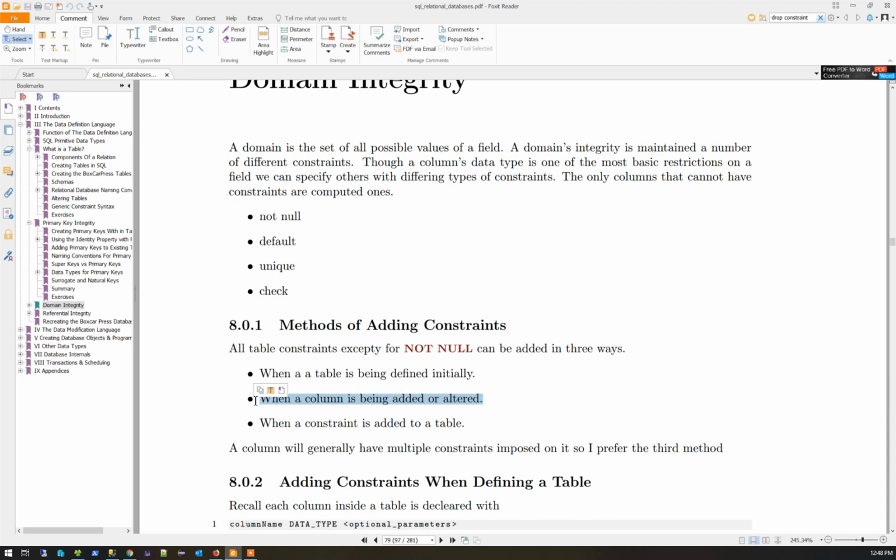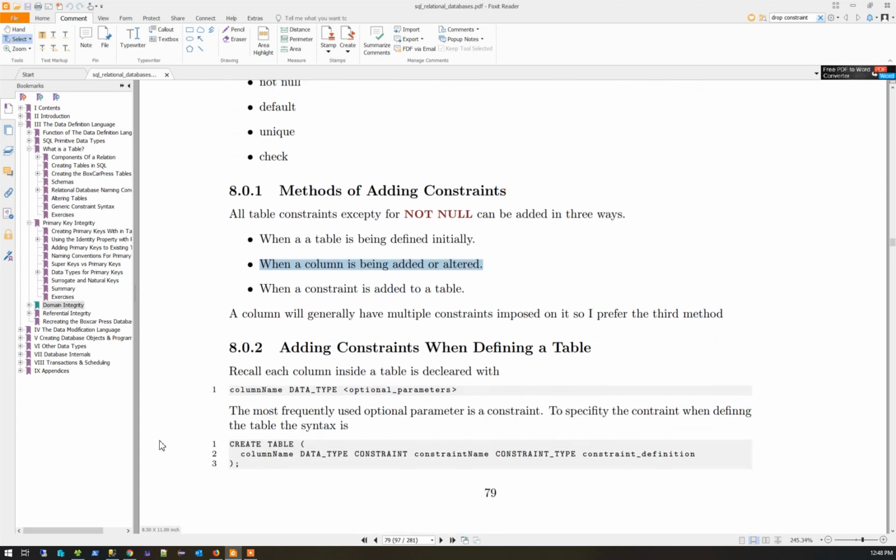You can also add multiple constraints at the same time, but I like to add constraints separately. I think it makes it more readable, and you can do them all in a group. So I might do all the defaults together, all the uniques and checks together. I think it's more readable. Okay. And it also helps people do error checking. So remember,